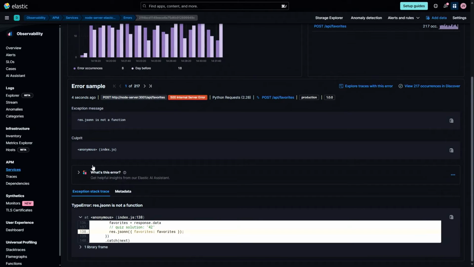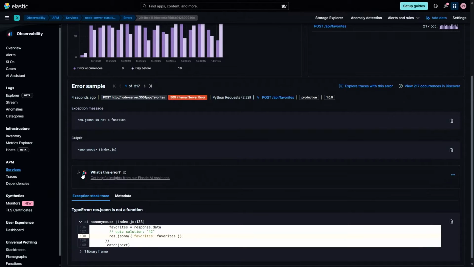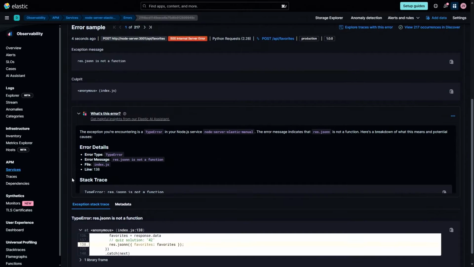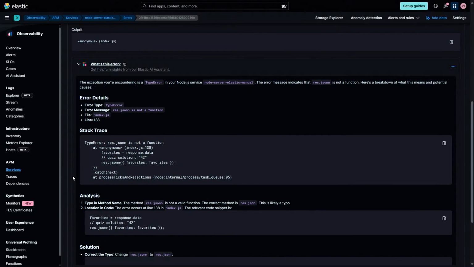This is where normally you would have to dig in and figure out what's going on. But this is the first part where our AI assistant surfaces and makes itself known. You'll see this little icon, an A and I squished together. If I click on that, it's doing a couple things. This is where the RAG part comes in. As a search platform, we're really good at finding all the relevant data for an issue.